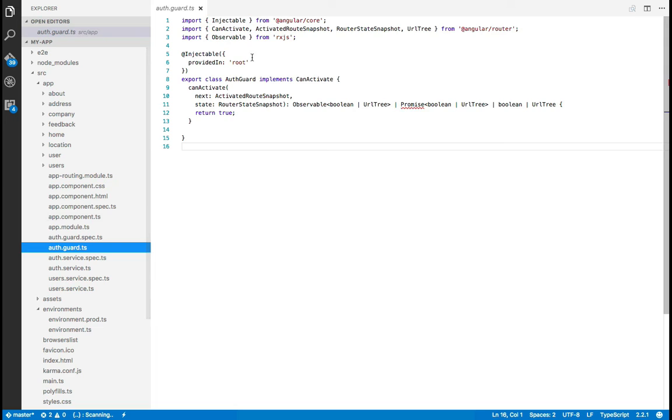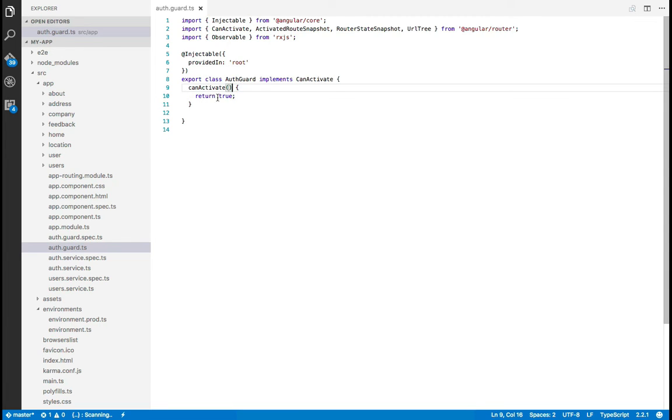If you see the guard file, here we can see that this is just a simple class that implements the CanActivate interface. As I told you, all guards in Angular are interfaces which your class can implement. In the CanActivate interface, we have one method, canActivate, and this method returns a Boolean value, either true or false. We can modify this code a bit. We can just say canActivate and it returns true. Inside the canActivate method, we need to write our logic to decide whether the requested route should be activated or not. For that, we will use our service. But before that, we will see how we can implement this guard on our route.